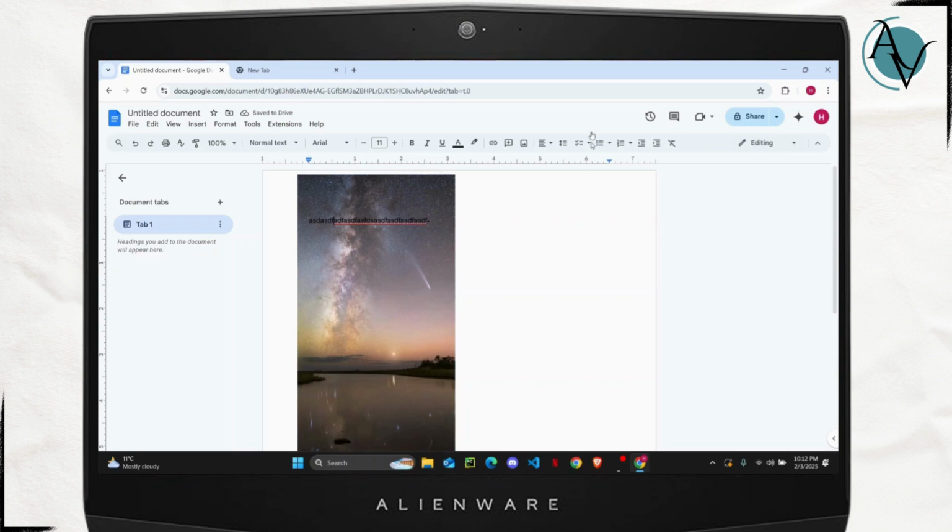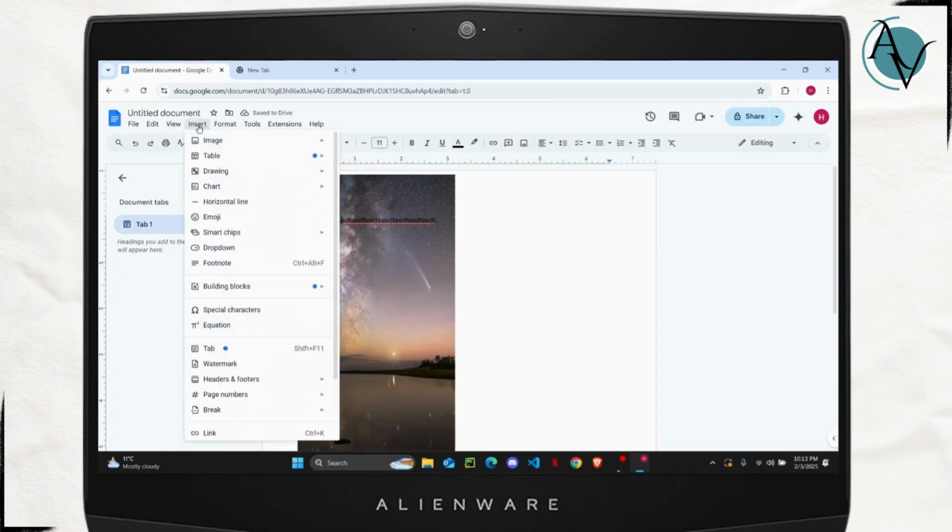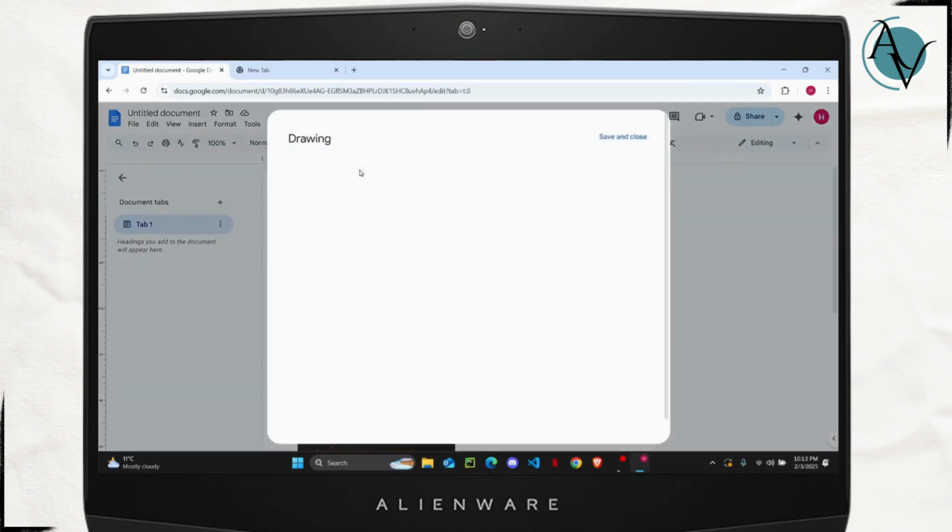What you can also do is add a text box, so you can just go ahead and click on the text box option to add a new text box. So you're going to head over to the Insert tab here, and then from here you can choose Drawing to include or insert a new text box. You can click on New,